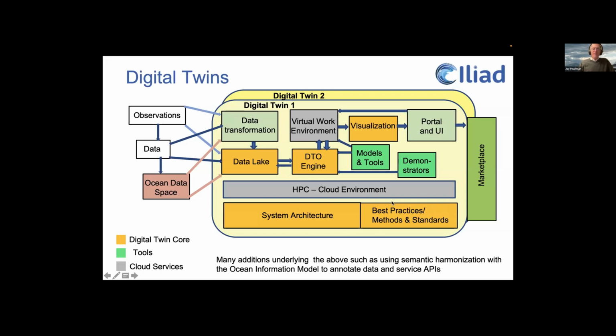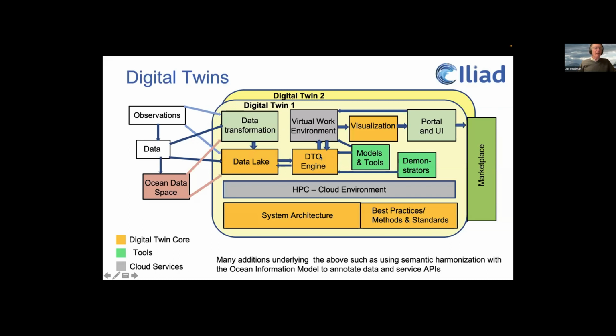We start out with the basic architecture. Here we see best practices, methods, and standards are part of a foundation for all of the activities that are going on here. We have the data transformation and a data lake. In the case of eDitto, because the data comes from eNOT, Net, and Copernicus, and it has metadata that's been standardized, that doesn't need to go through transformations, but can go directly into a data lake and then the DTO